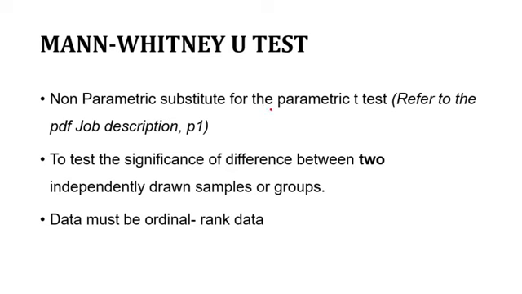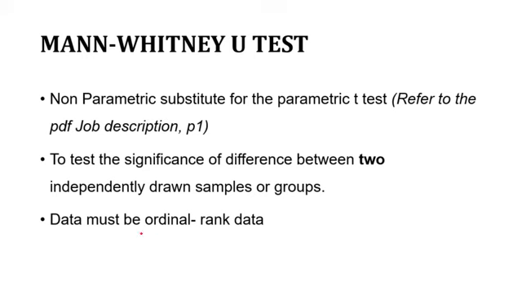So the Mann-Whitney U-test you will use when you want to find the significant difference between two independently drawn samples. You remember the independent sample t-test? Independent sample t-test is something where you want to find the difference between, just to remind you, we were seeing an example of difference between two classes, class A and class B, and how they have performed in one particular test. That difference is what we find with an independent sample t-test. So for that we'll go for the Mann-Whitney U-test as a non-parametric equivalent.